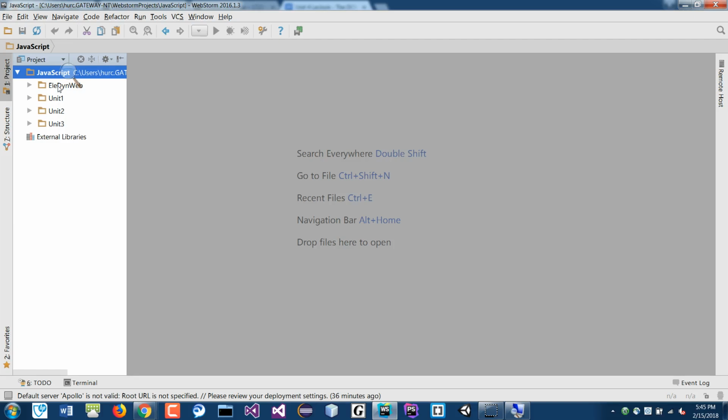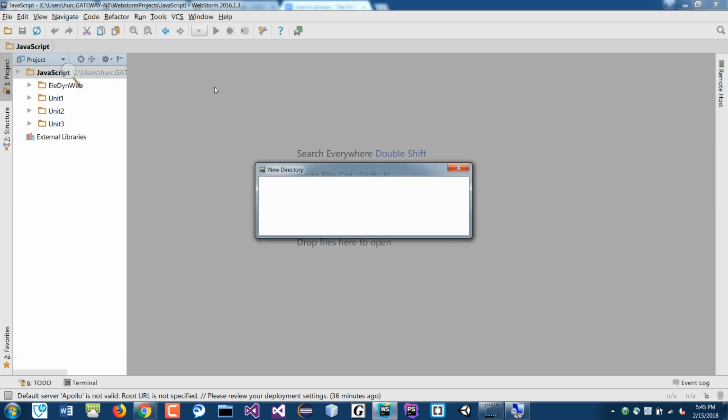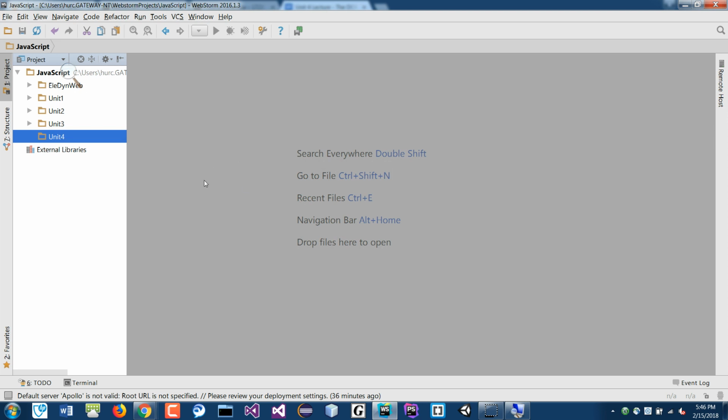So I'm going to go and create a unit 4 folder in here. And since this is the DOM tree, we're going to create a DOM tree. You can actually, you know what, generate the entire DOM tree using just JavaScript if you want. But of course, usually you have a placeholder to start. And then from that point on, you can add elements or child elements to that tree, right, to a new position. So why don't we go ahead and create a file called,